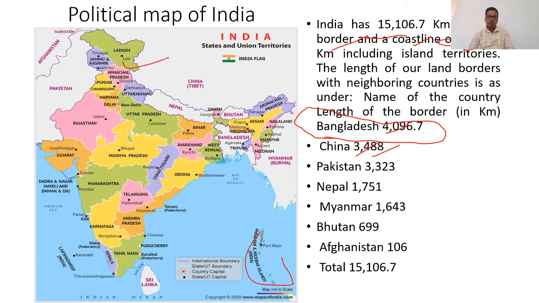You can see the western sector border with China, where it would be Uttarakhand, Himachal Pradesh, and Ladakh. In the eastern sector, it would be exclusively Arunachal Pradesh. In the central or middle sector, it would be Sikkim. So these are the three areas when we talk about the border relation with China: the western sector, the middle sector, and the eastern sector.